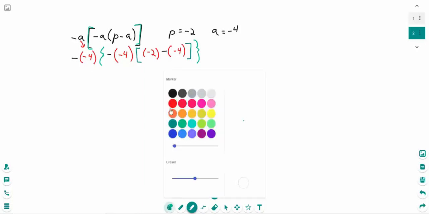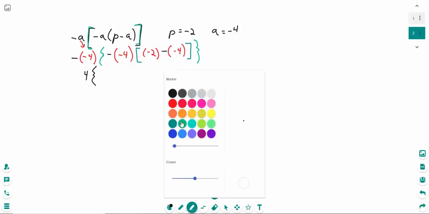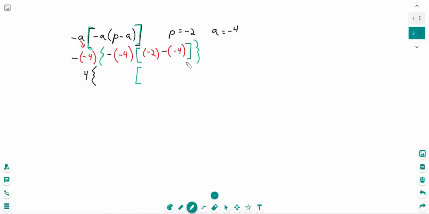So now let's keep working. Maybe we'll go back to black here. So we have a negative times a -4, which is +4. And then we have our brace. I'm just going to leave that. And we're going to look at the set of braces, and we're going to say, okay, well, what's the innermost thing that we could work on here? Well, the innermost thing is going to be what's within these brackets. So maybe we'll just move down here, throw these brackets back in place, and just kind of work on what's within these brackets. So we have a -2